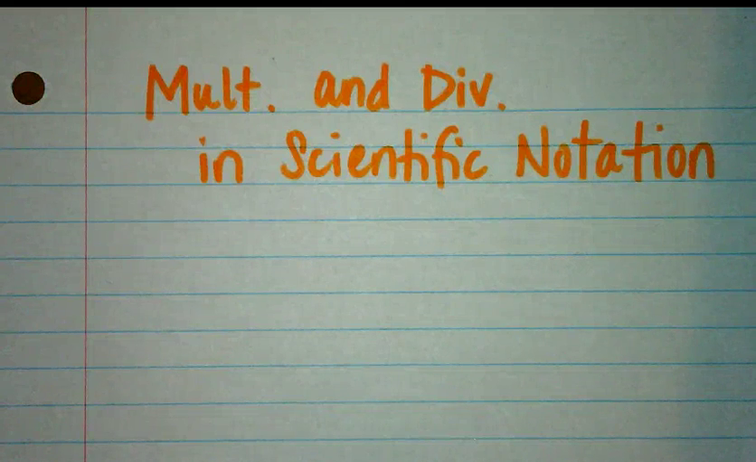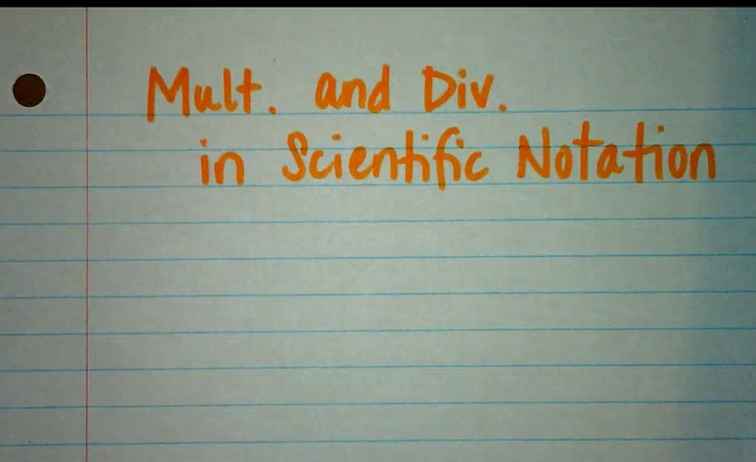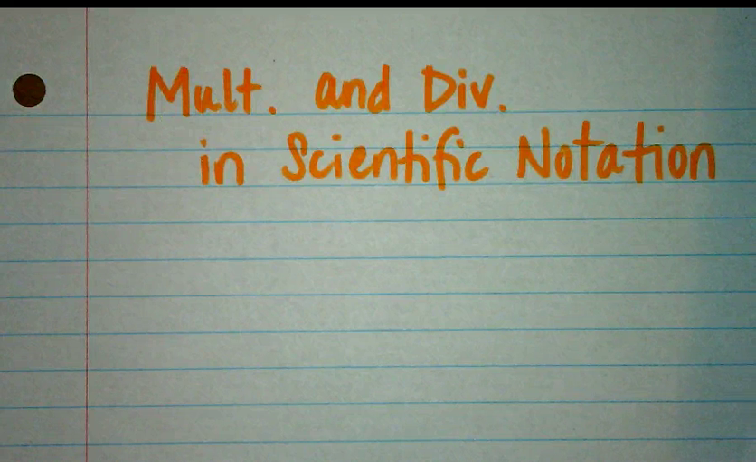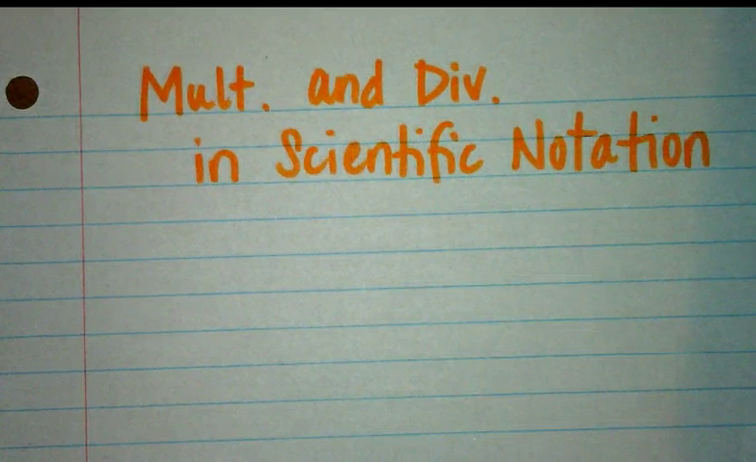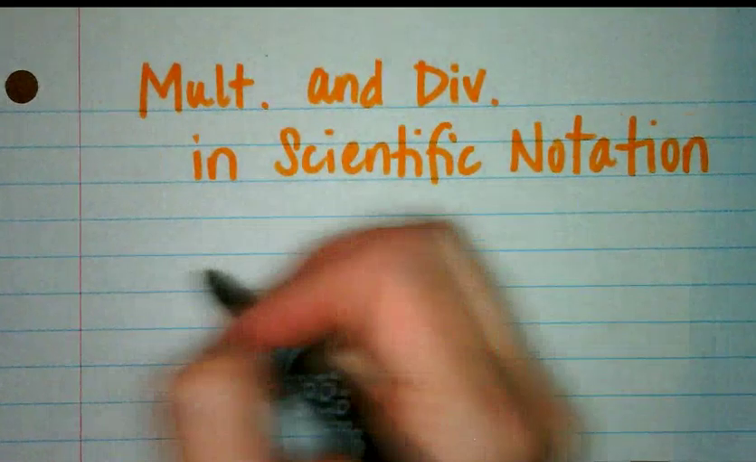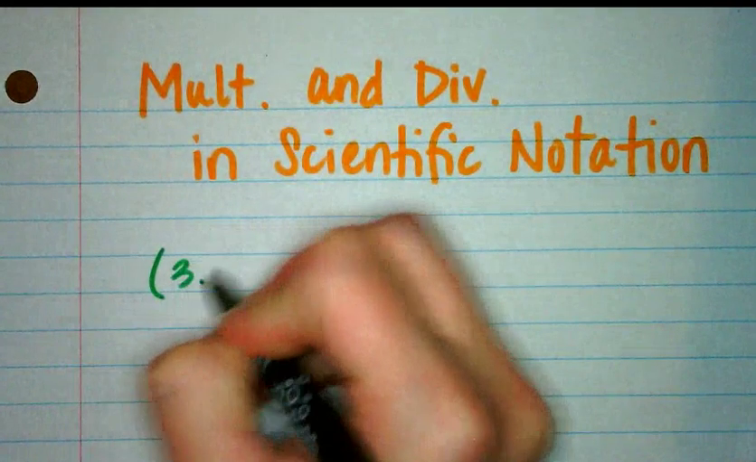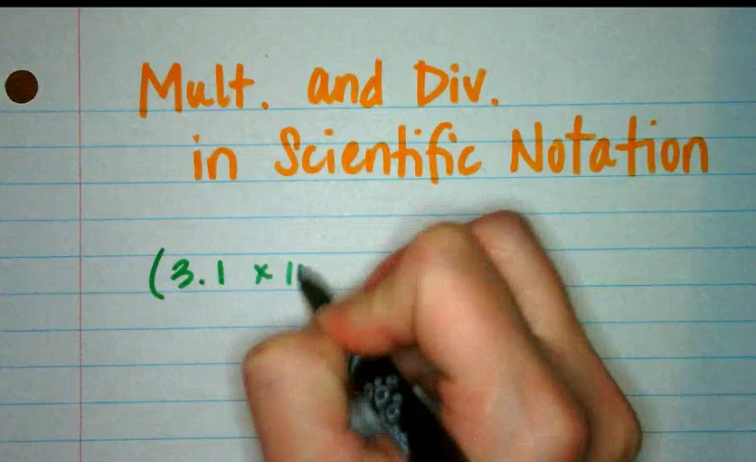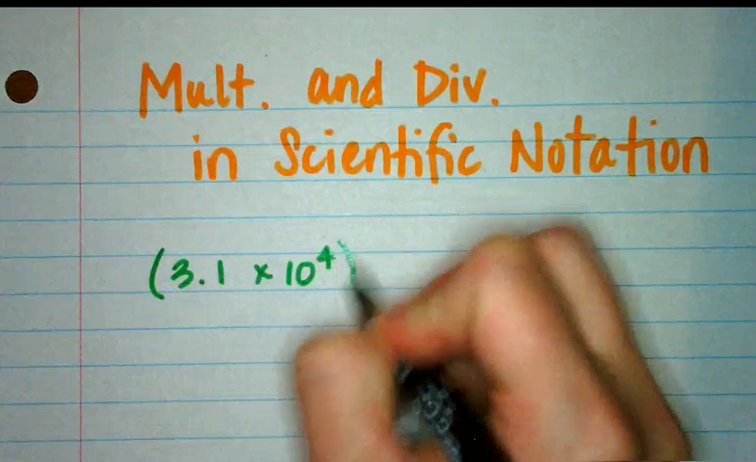Multiplying and dividing in scientific notation can be done as a shortcut, rather than changing the numbers into their standard form and then trying to multiply and divide. So I'm going to show you how you can use the rules that you know about exponents to multiply and divide in scientific notation. So starting off, let's just say we're going to multiply 3.1 times 10 to the fourth,